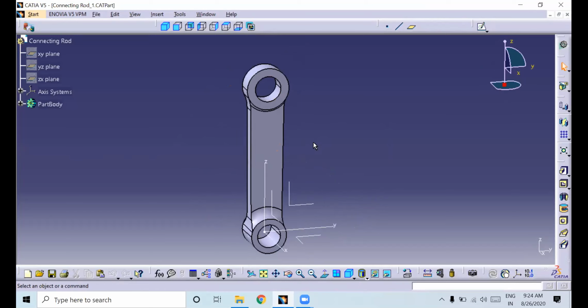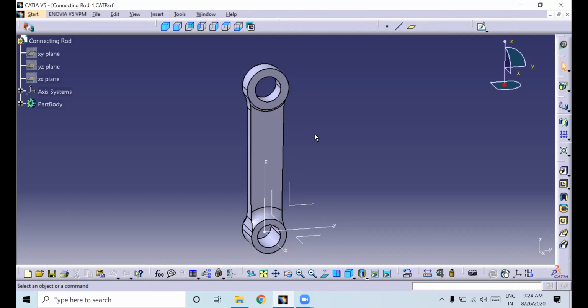Here one thing you have to understand is the working operation of this connecting rod. It reciprocates in the vertical direction. It converts the rotary motion of the crankshaft into vertical motion, that is the reciprocating motion of the piston and connecting rod.